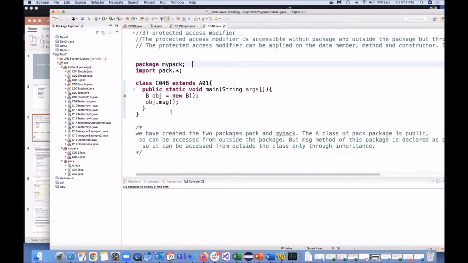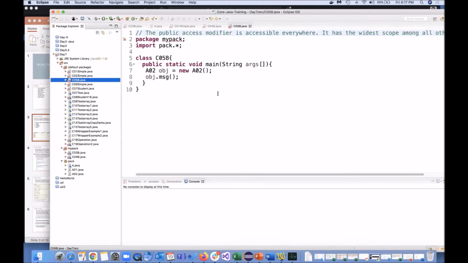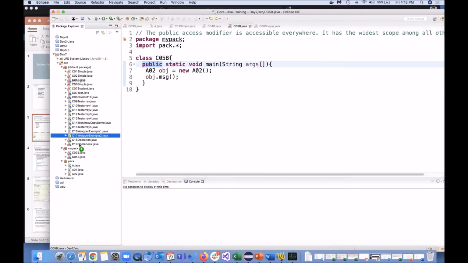Now what we want to do is the class B. In class B, we want to have the protected access modifier. Let me see the class B. So this is my class B, which is having these things as default. So this B is also from my pack. I'm moving this into my pack.